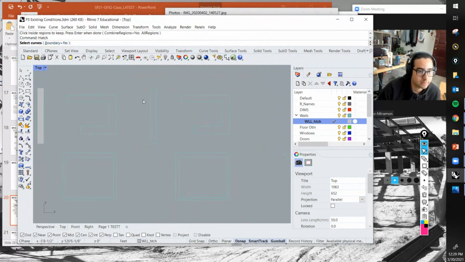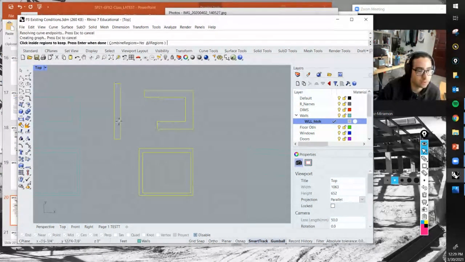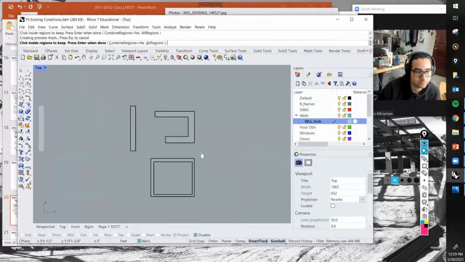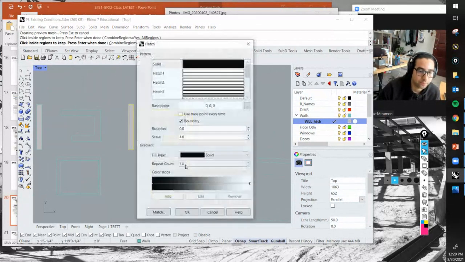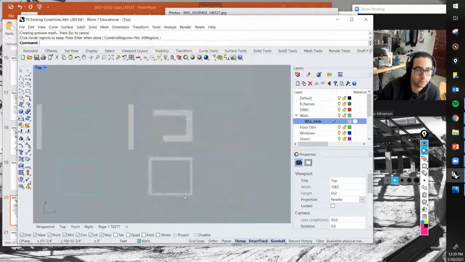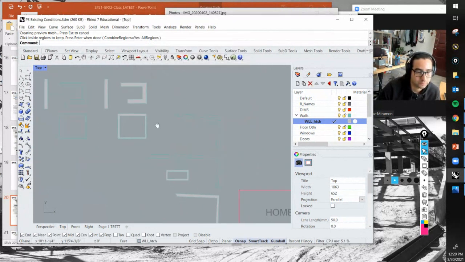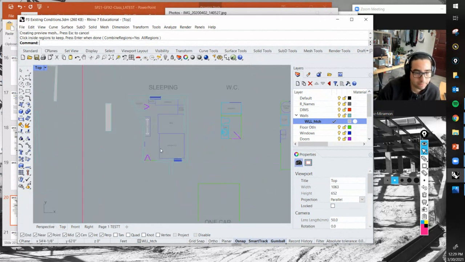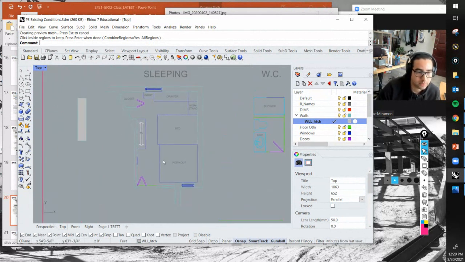You can do multiple ones at the same time. So you can do these lines right here, and then you click in there, and then you click in there. Notice that they get thicker, and you get that right there. So try it. Let me know if there's any questions. Now, what that means for us